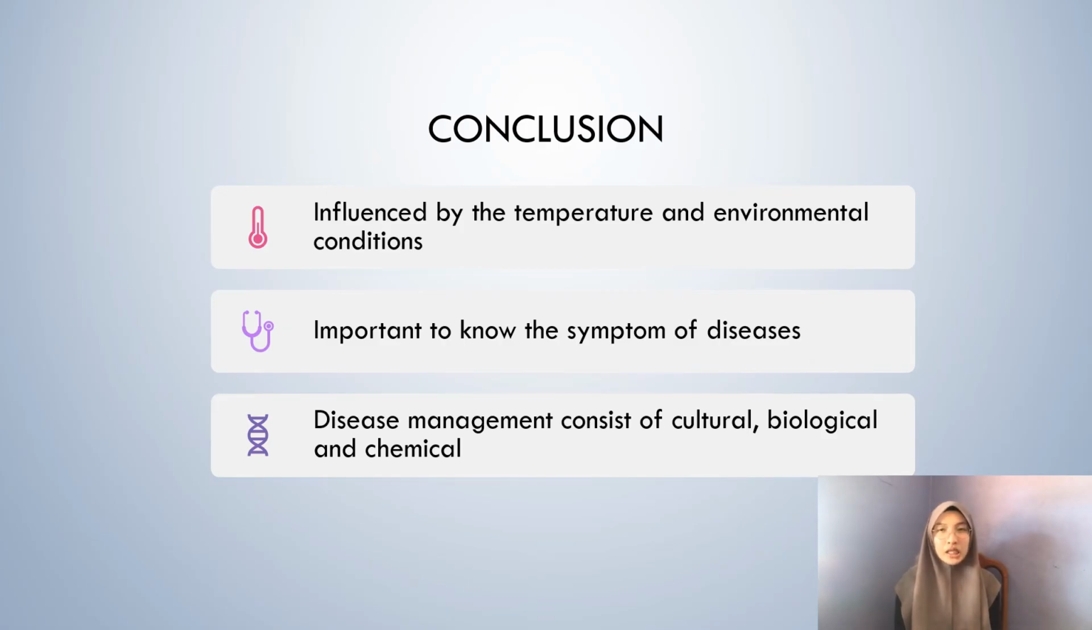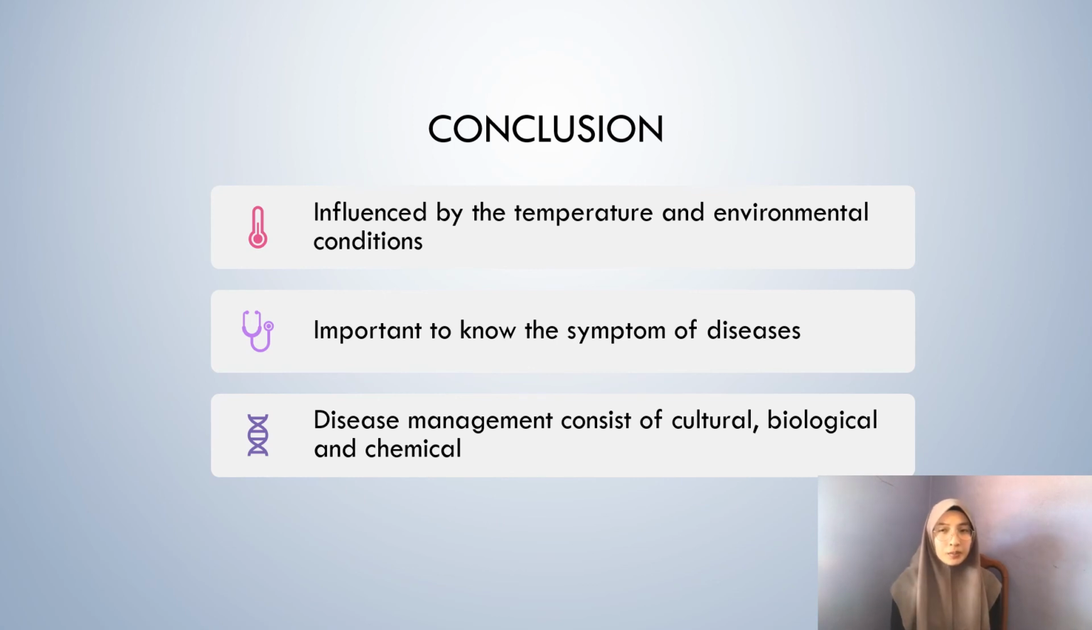Last but not least, most rice diseases are influenced by temperature and environmental conditions. Temperature influences our plant cultivation. For example, a temperature too low can make the disease attack our plant easily. Next, humidity on our plants is also important because it can influence the plant to get the disease